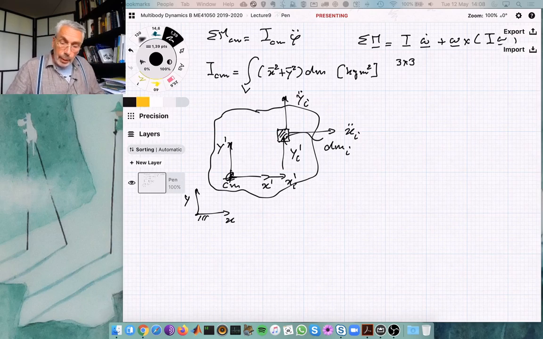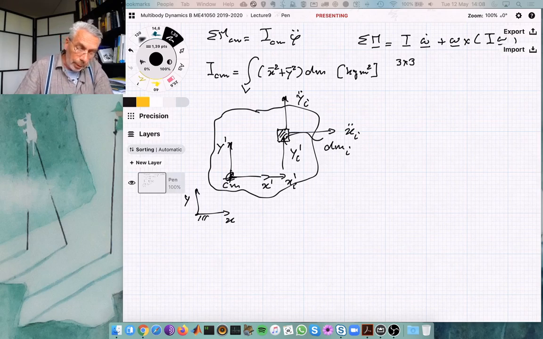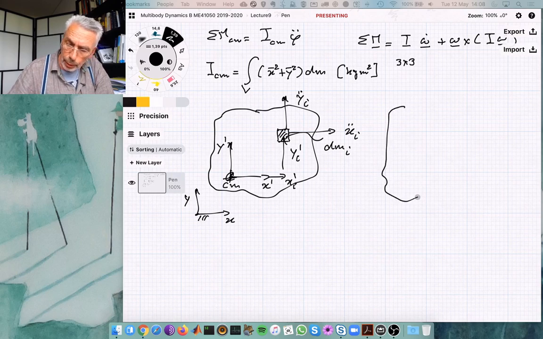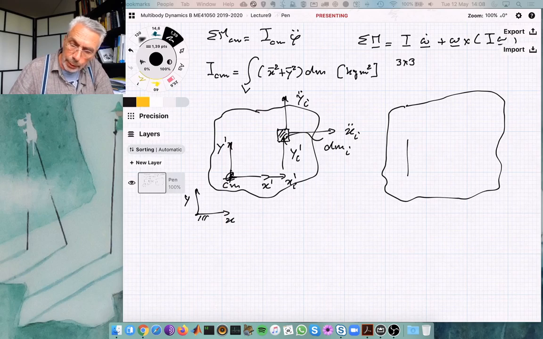Okay, then so this is the kinematics part, and then of course for that same body I want to look at the forces. So again I have to draw the body. I could copy it, but for now this is okay. I draw again my coordinate system with my x prime, y prime at the CM, and I have again this piece of mass dmi,